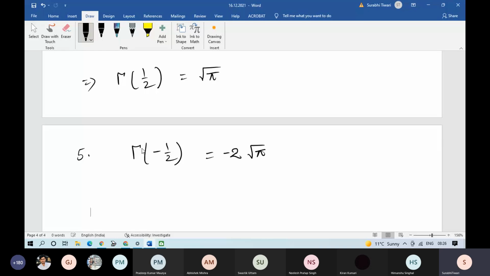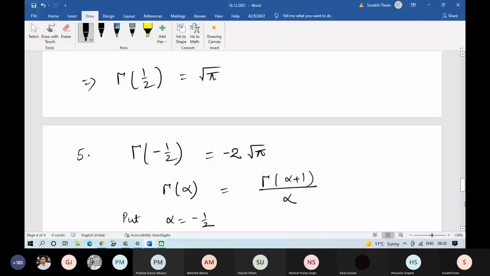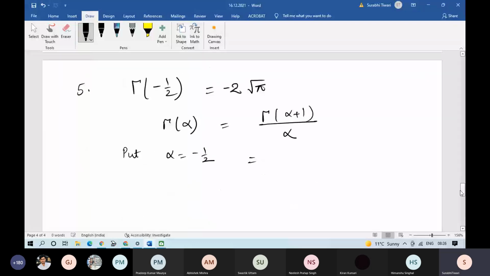Similarly आप माइनस हाफ की भी वैल्यू निकाल सकते हो यूजिंग द फॉर्मूला गामा अल्फा प्लस 1 इज इक्वल टू अल्फा गामा अल्फा, तो गामा अल्फा इज गामा अल्फा प्लस 1 अपॉन अल्फा। नाउ पुट अल्फा इज इक्वल टू माइनस हाफ, तो हमें गामा माइनस हाफ की वैल्यू मिल जाएगी माइनस 2 टाइम्स रूट पाई। ठीक है, अल्फा इज इक्वल टू माइनस हाफ इस फॉर्मूले में रखो, मिल जाएगा।